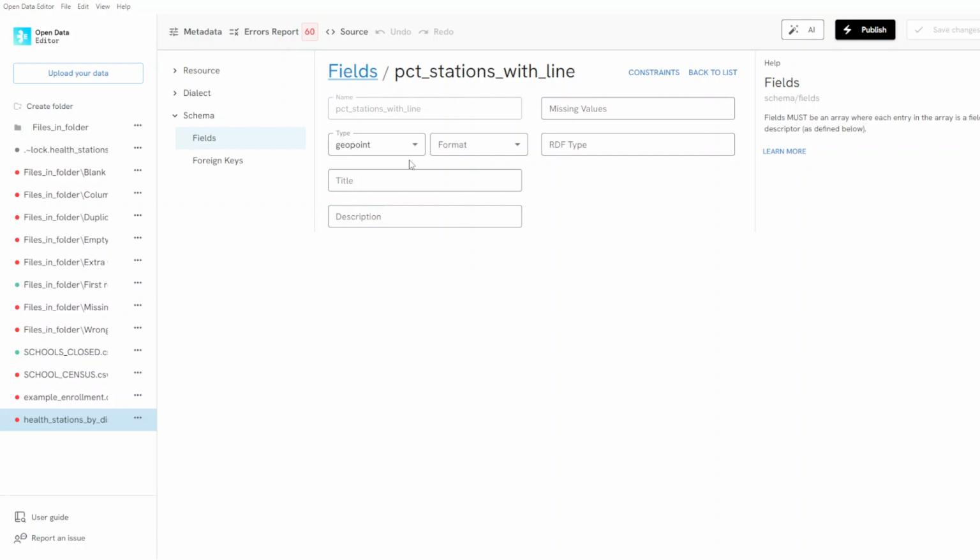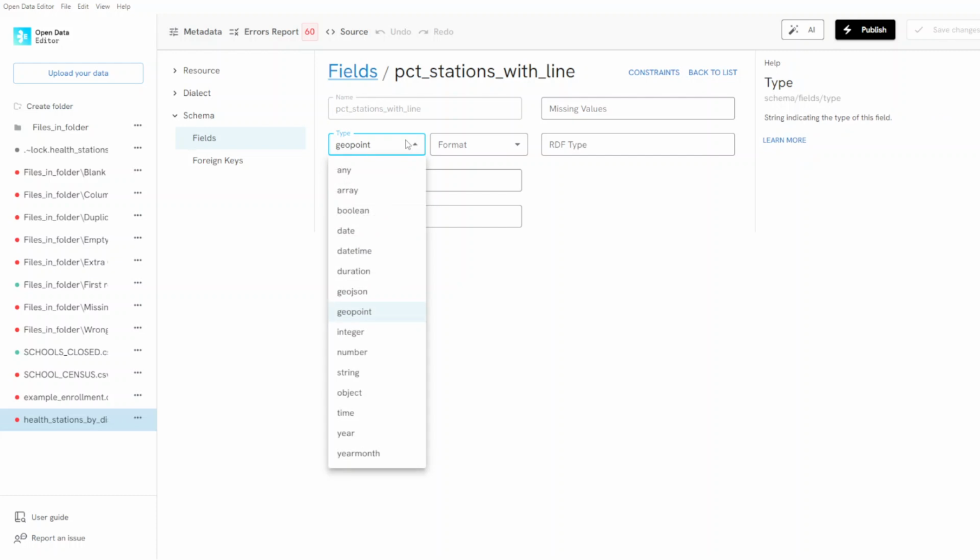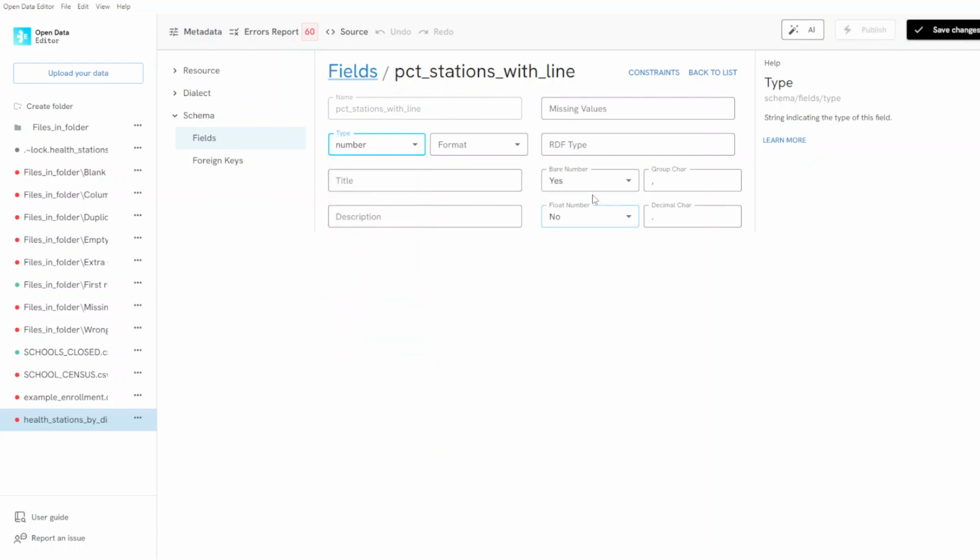So that is not at all what we want. What we want is a number that has a float, like I showed you before. That wouldn't be the integer, because integers are for whole numbers, and we want just a normal number that can have decimals. So here I'm going to say yes, it is a float number,